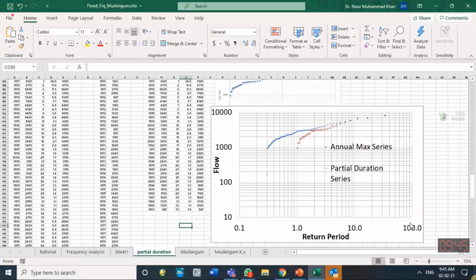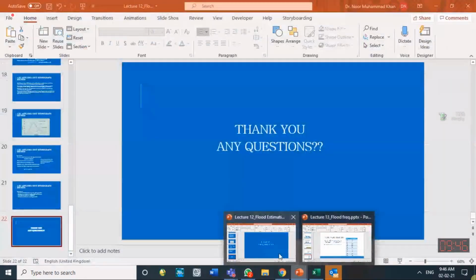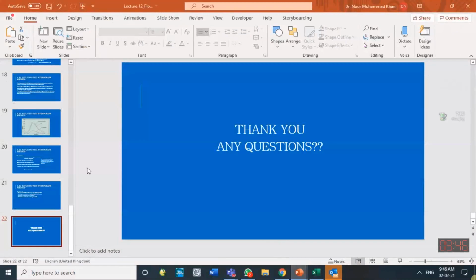So for example, over here it is 100 years. If it is for 33 years over here, then up to a 60-year return period, you can calculate using this log graph. Next is, if you have a question, you are welcome. Otherwise, I move towards the next one.